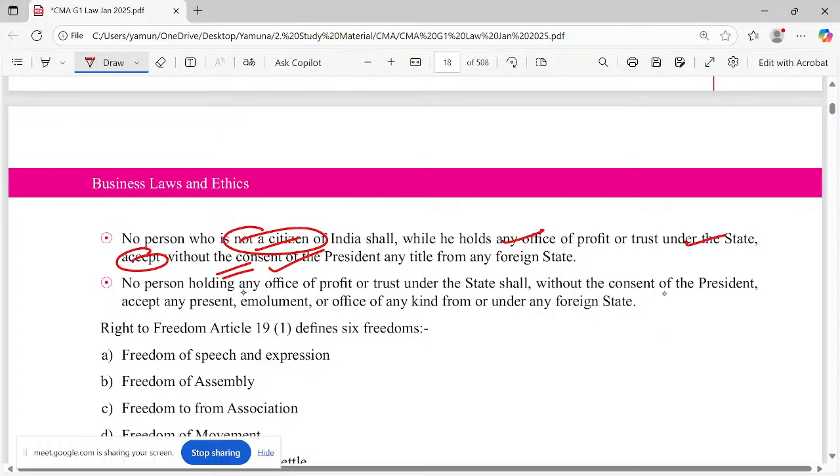No person holding any office under the state shall, without the consent of the president, accept any present, emolument or office of any kind from or under any foreign state. Now when you go abroad as an official person, you should not receive anything beyond basic hospitality. If you watch the news channels, Modi ji visits other countries for business talks and economic development talks. Everything will be recorded. Note that most of it has to be recorded. Probably it may not be published to the public, but it is recorded, starting from getting off the flight.